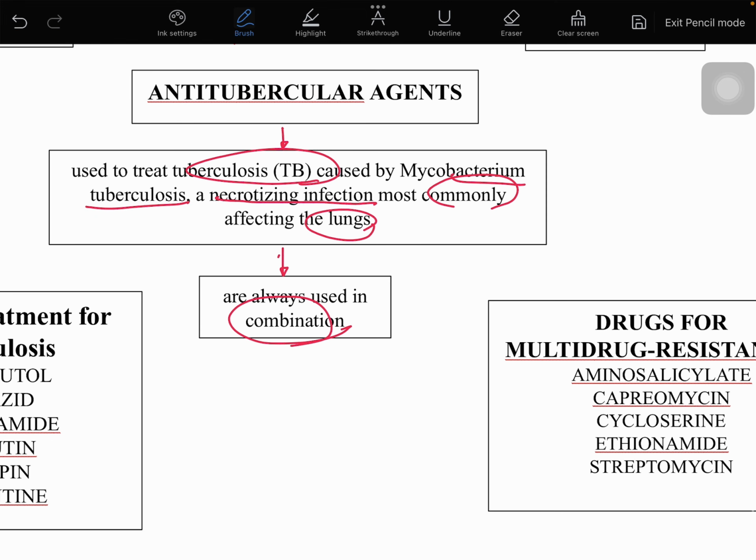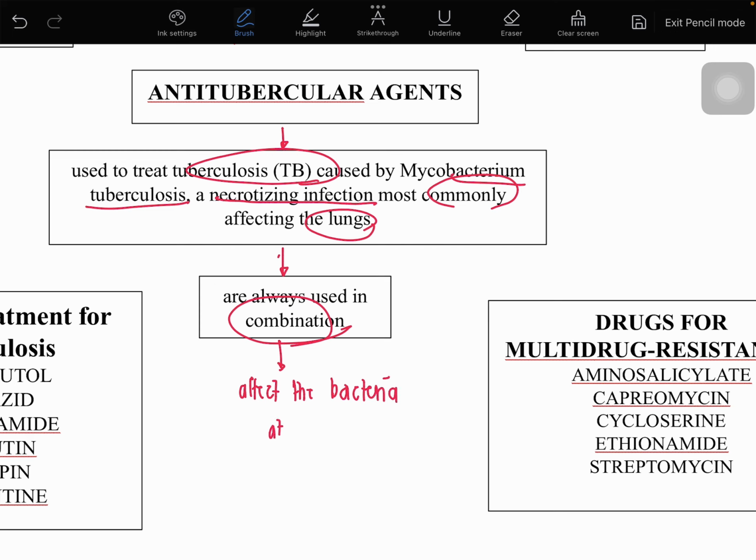Bakit pinagko-combine po natin yung mga anti-TB drug natin, sir? The reason why your anti-tuberculosis drugs are always used in combination class, para magkaroon tayo ng effect or affectation doon sa mismong bacteria natin. Okay, affect the bacteria